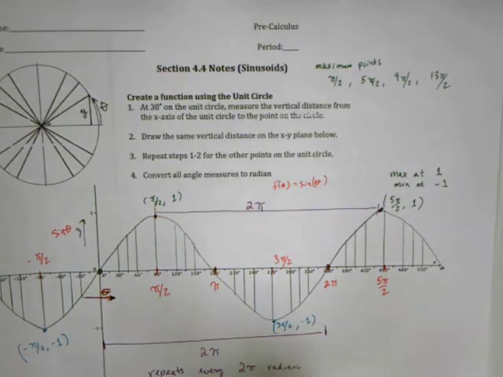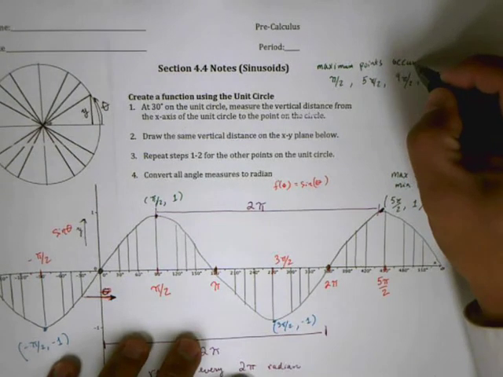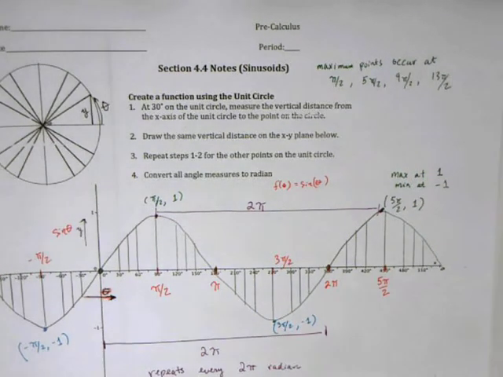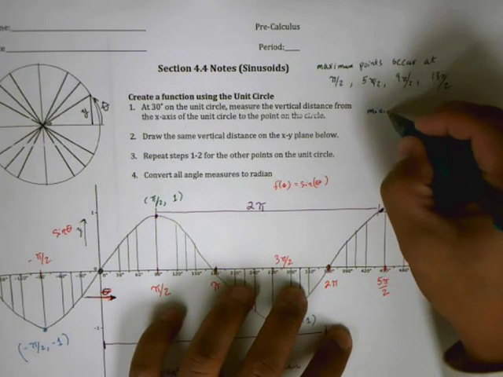All of the minimum points occur, I should write this out clearly, maximum points occur at, all of the minimum points occur